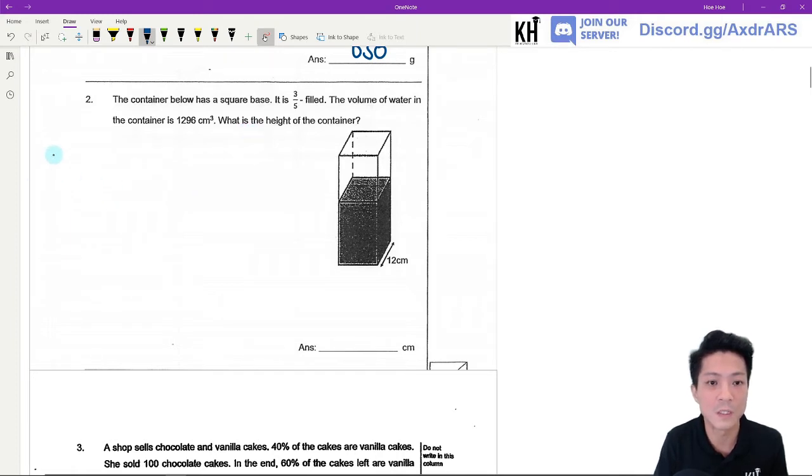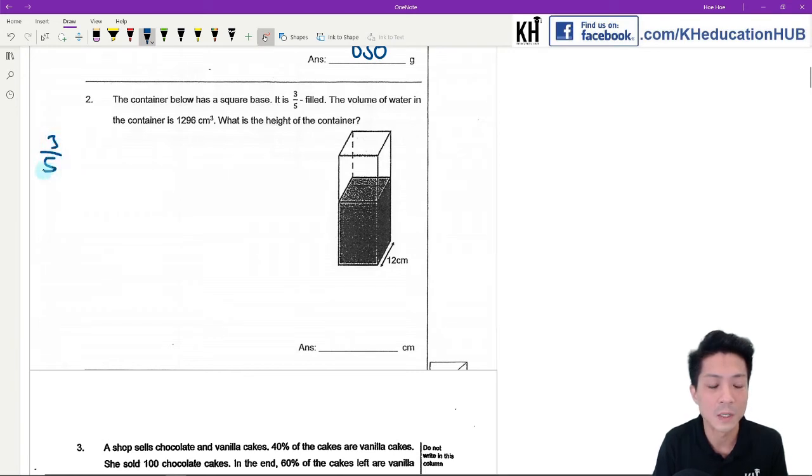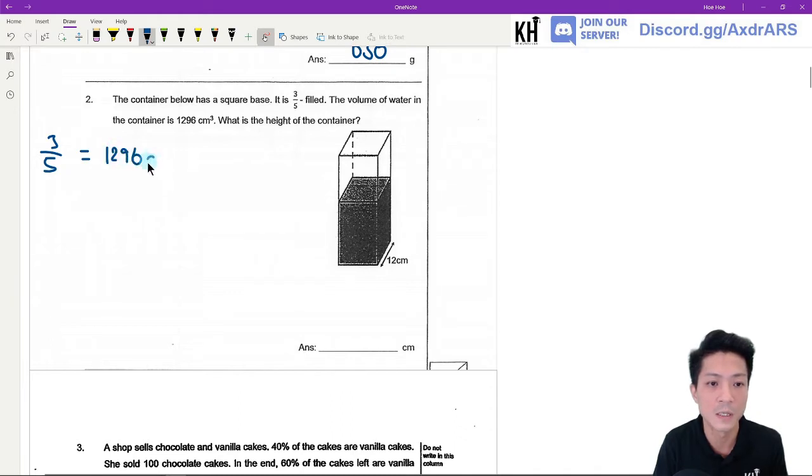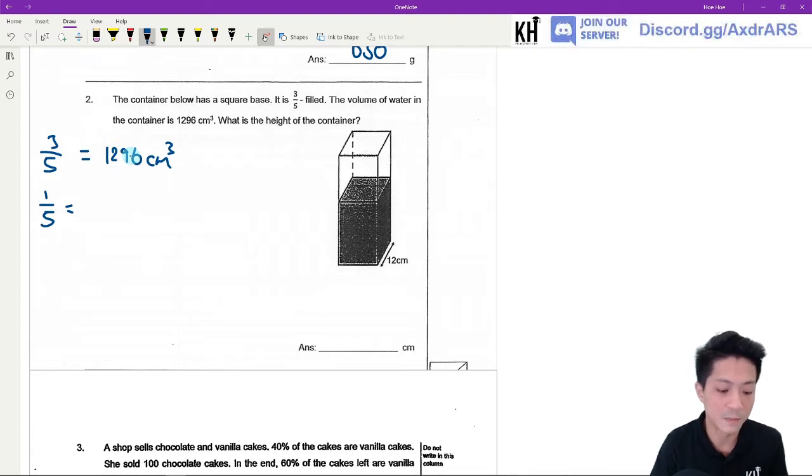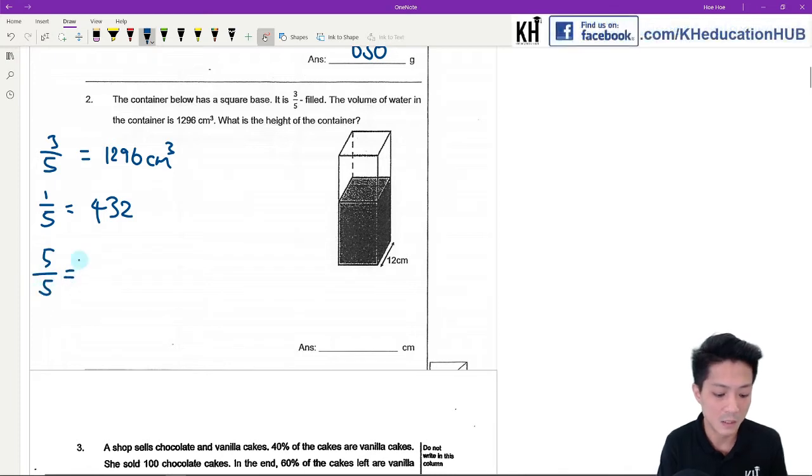Okay, so the first thing that you can do is find the volume of the container. So 3/5 of the container is filled and it contains 1296 cubic cm of water, right? So we're going to find what is 1/5. That is 1296 divided by 3, which gives me 432. Now 5/5 would be, multiply it by 5, which gives me